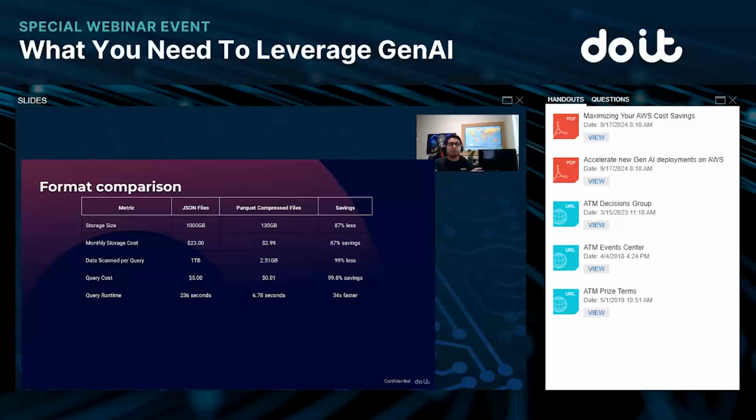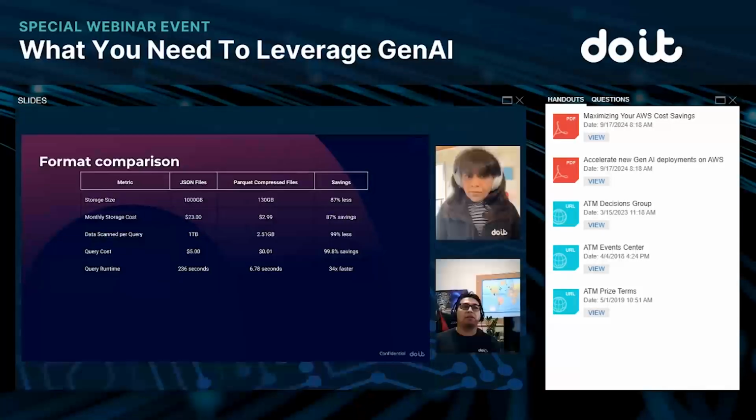And we're talking about this in text file documents, but this can be applied the same way to audio files, video files, images. How you compress those files, how you store them, how you access them, what metadata you have around them. All of that is because you're trying to open the least amount of files to get to the right answer and retrieve that information as fast as possible. This is a quick comparison showing that JSON files and Parquet files have a huge difference. So keep that in mind and don't overlook it when working with GenAI. It's going to make a big difference.